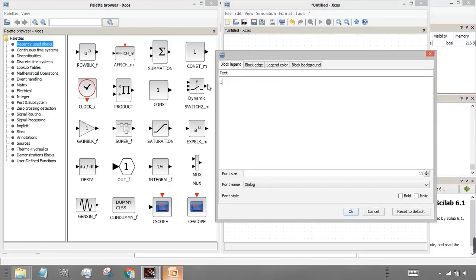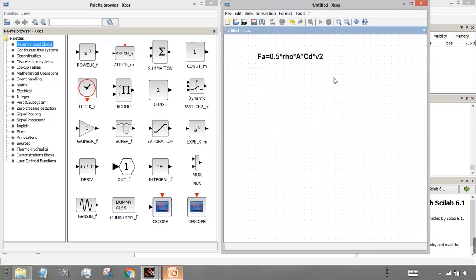Then write the formula for aerodynamic force. So this is your formula for calculating the aerodynamic force.